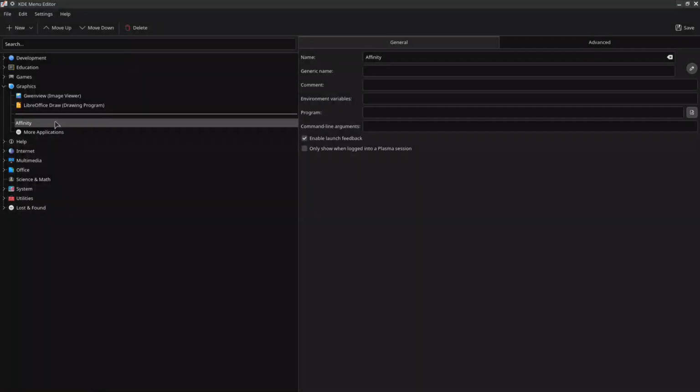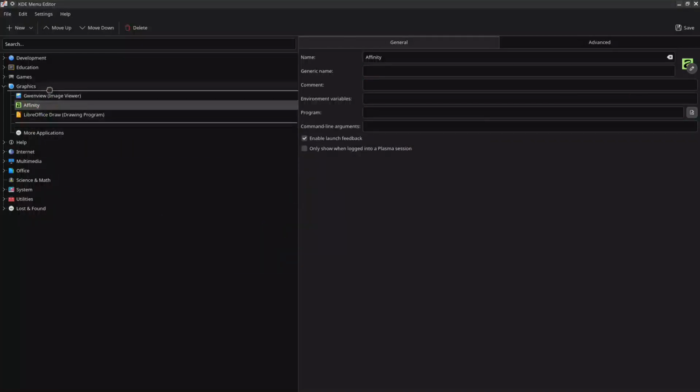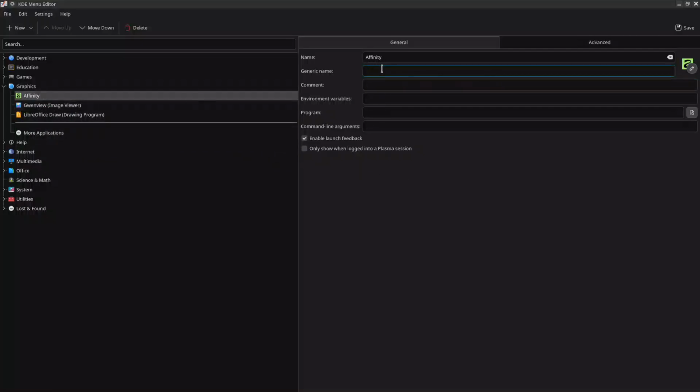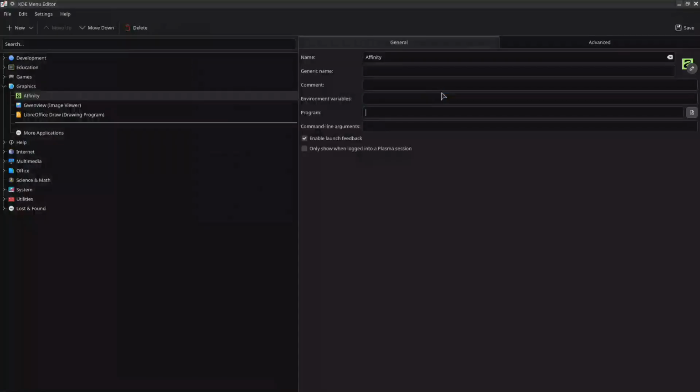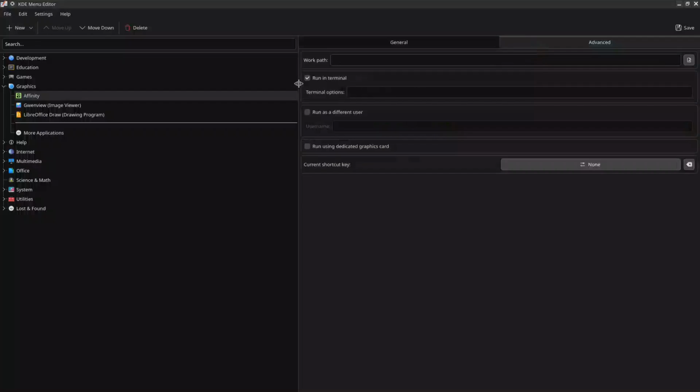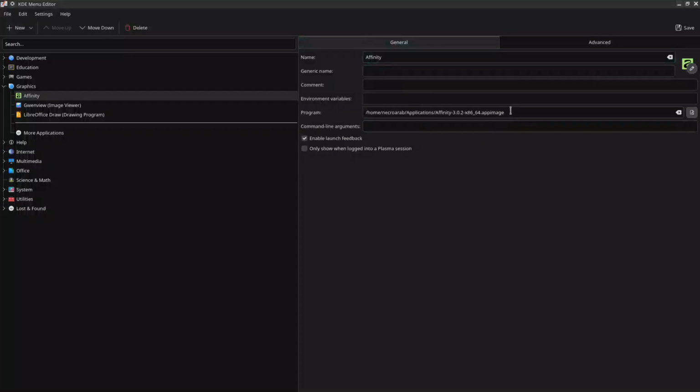Now let's give it the logo. You can edit and add the logo. Click OK. Let's drop it to the top level of the graphics. Now let's add the details for the app. We're going to go to the program section and we're going to add the program file directory. Let's go back to the folder. We're going to copy the location of the file and then we're going to paste it here in the program section. Next, we're going to go to the advanced and we're going to turn on run in terminal